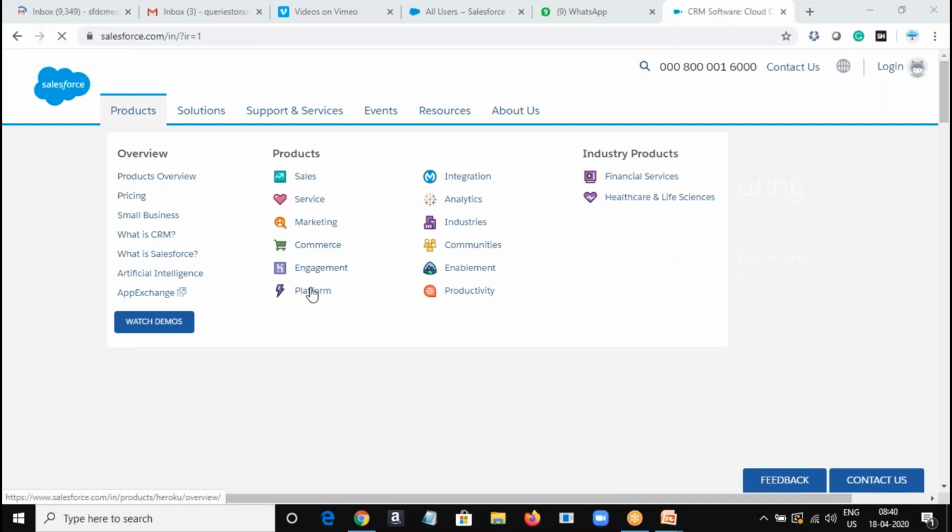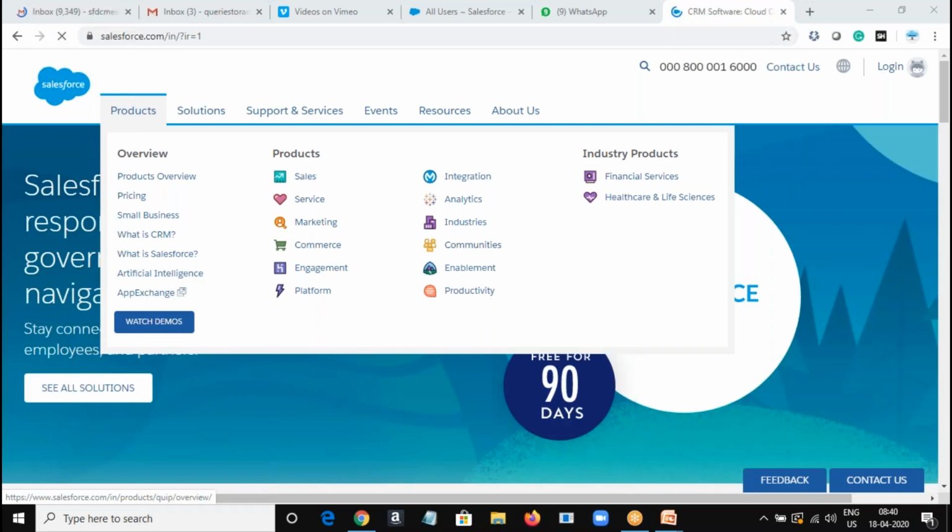We have sales, service, marketing, commerce, engagement, platform. It's not important to know everything, but there are some quite common products you should have clarity on. Marketing Cloud is a product to deal with marketing activities, how to integrate with other marketing tools and social forums, so that you track particular customers' behavior to get more customers.